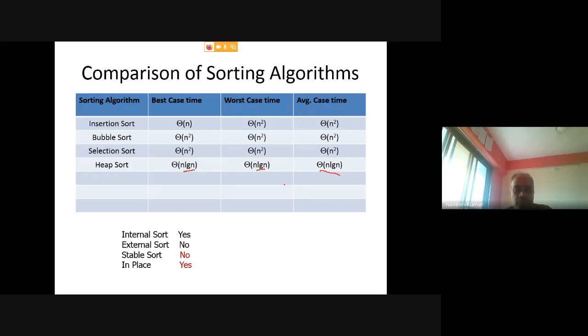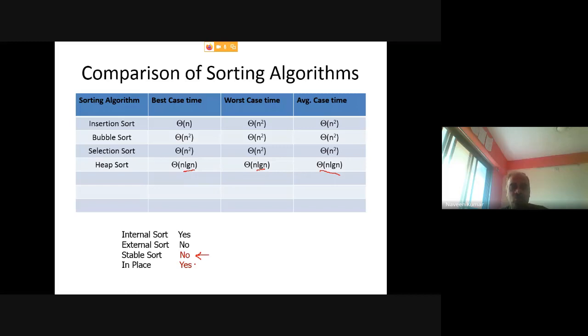right? So is this algorithm stable? No. Why is it not stable? Because you are shifting elements from one place to another place, right? Abruptly. So definitely it cannot be stable. You are not actually preserving that position, right? Because of this shifting, right? Shifting between the first position and last position, for example. This kind of swapping will not make it remain stable.